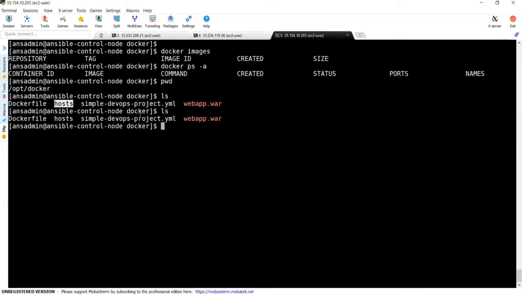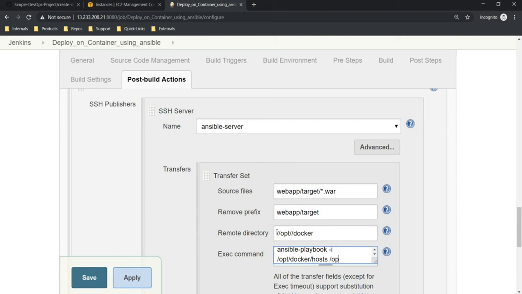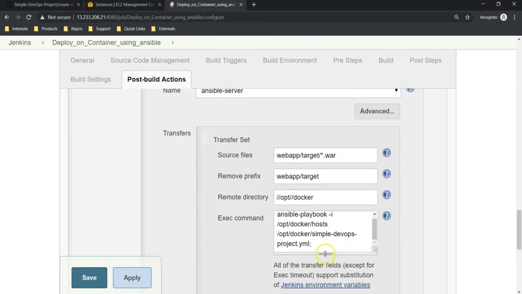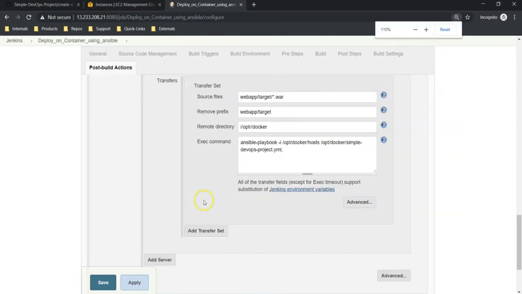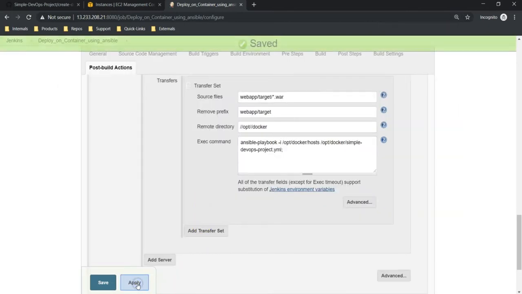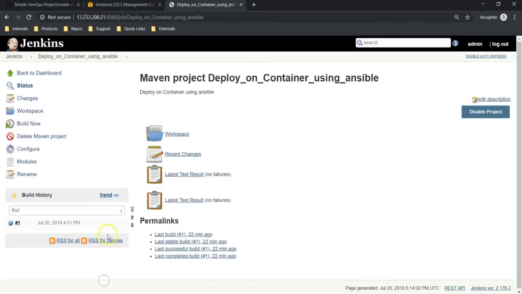Our Ansible playbook name is simple-devops-project.yml, with the full path /opt/docker and our playbook name. At last provide a semicolon. So it is going to execute this command on our Ansible system. Let's apply these changes, save it and build now.